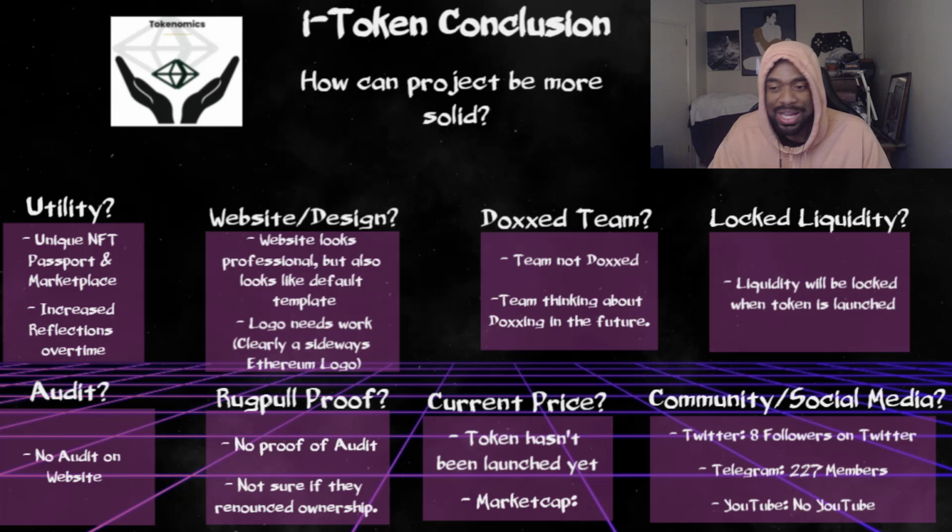All right. As far as the website and the design, I feel like that's something that could be changed easily in the future. That's not the biggest thing to worry about. As far as the utility, I feel like the utility they have now is cool, but me personally, I would say add some more utility, maybe an app, maybe something else where people can stake their tokens, their iTokens. And yeah, other than that, make sure you do your own research and make sure you are safe, with either this token or tokens in the future. And yes, that's it for iToken. All right, so